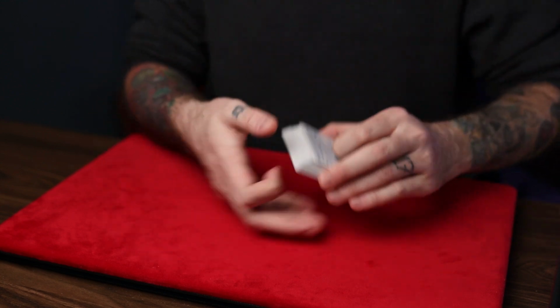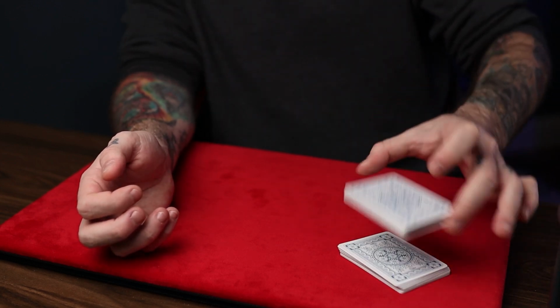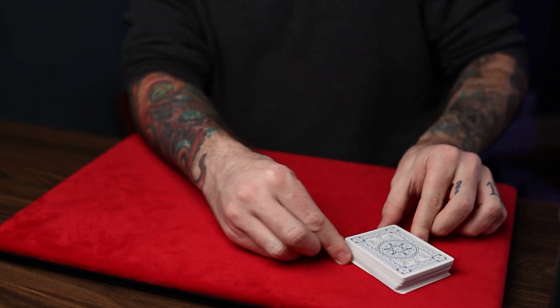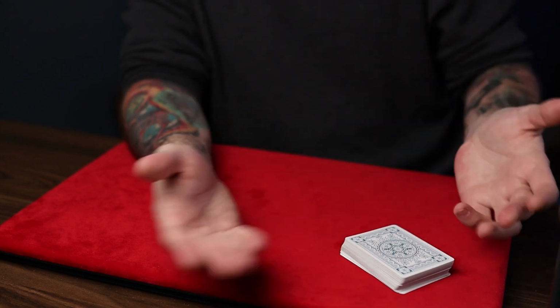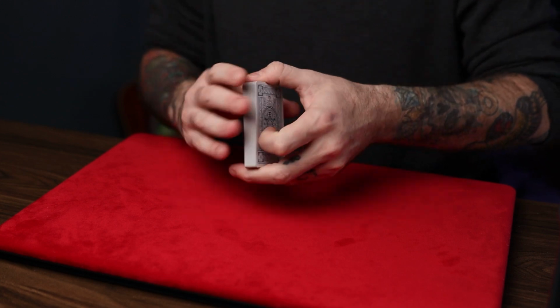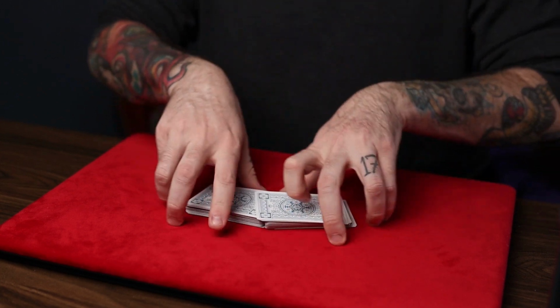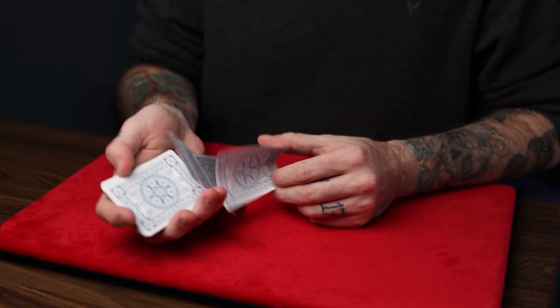So you put yours on top of the deck, again cutting at the crimp, right? Cut at the crimp, so you're going to cut yours into the middle. And look how fair that is. It looks like you just put cards in the middle of the deck. They do all the cutting, and even if you want, you can give it a riffle shuffle, maintaining those cards on top, and say, even though we just cut all of our cards in the middle of the deck,